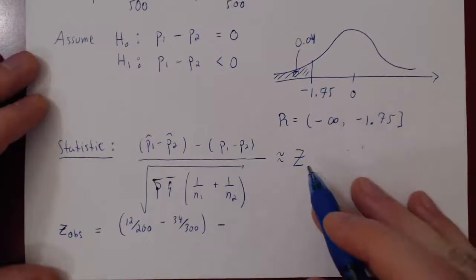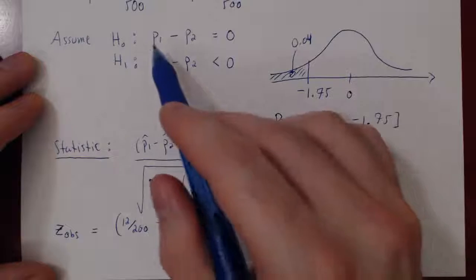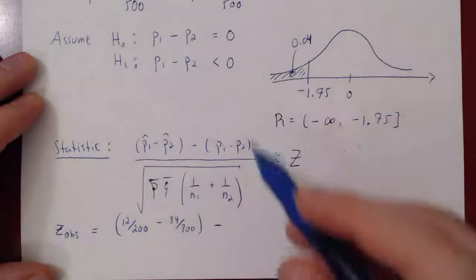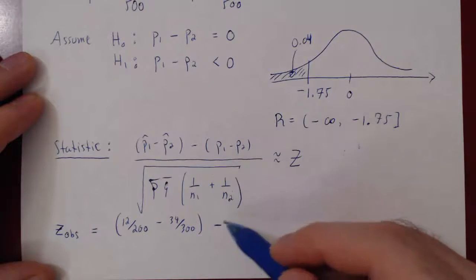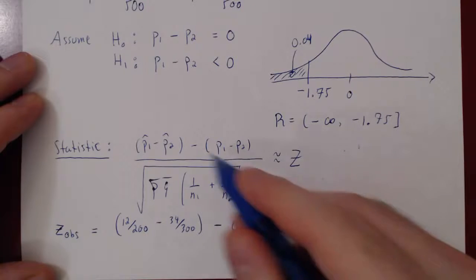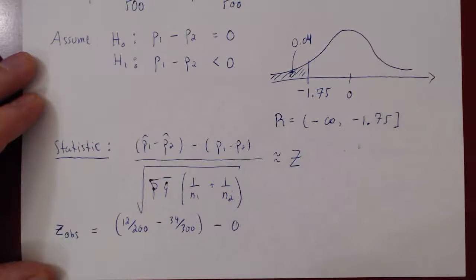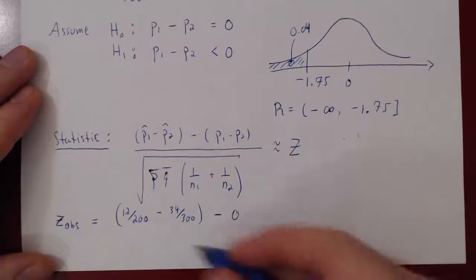Well, we are under the assumption of H naught, and under H naught, P1 minus P2 is equal to 0. So all we do is subtract 0, therefore this term simply vanishes, and we divide by